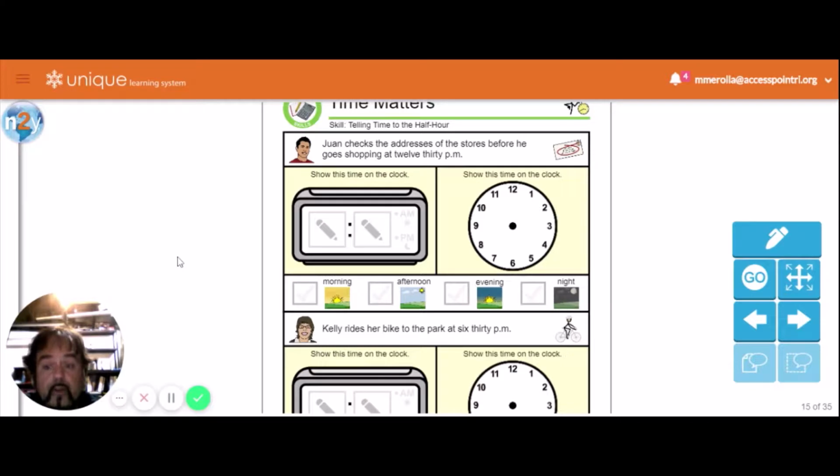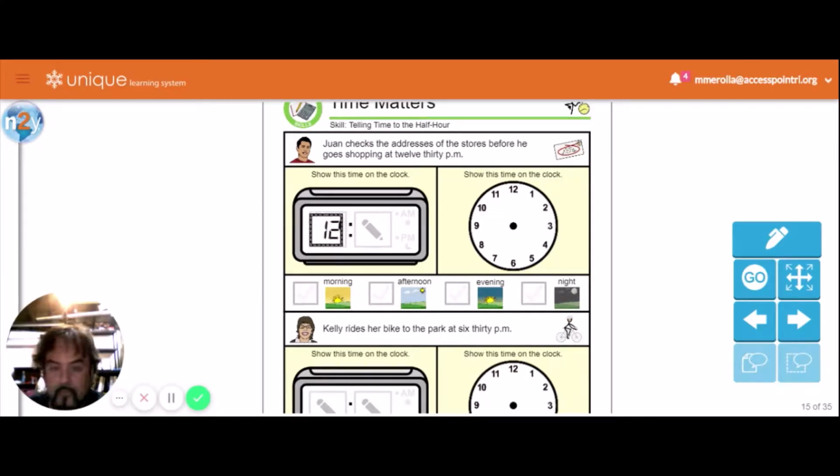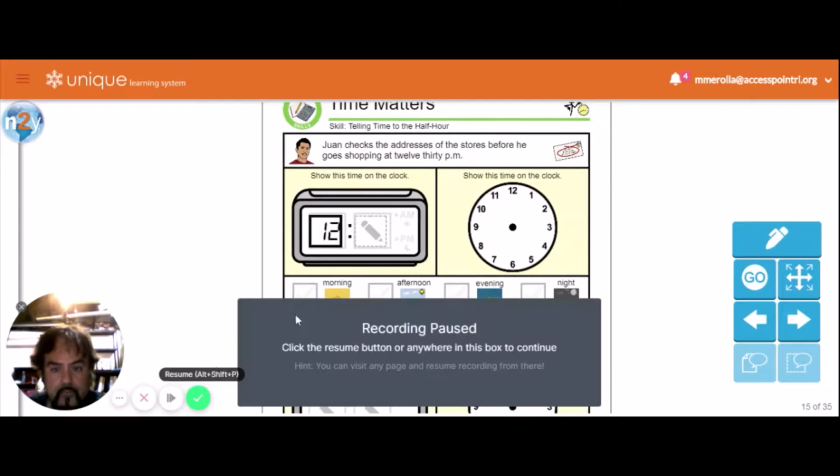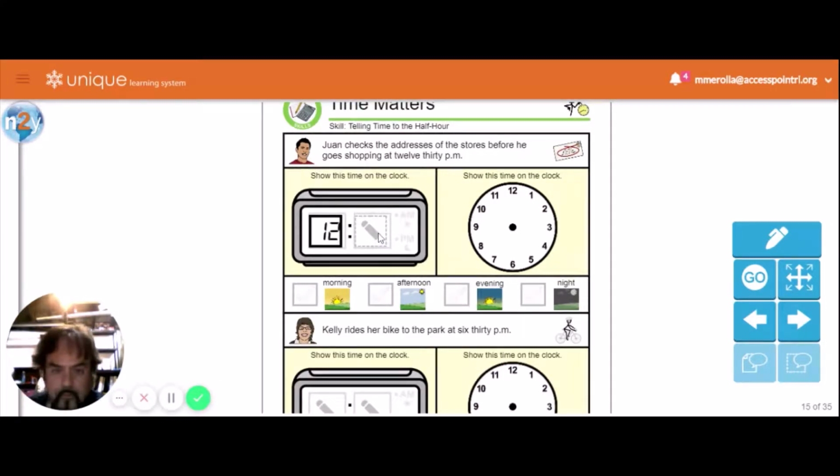Then the next page here. Juan checks the addresses of the stores before he goes shopping at 12:30 p.m. Show the time on the digital clock. Okay, so let's see. Oh, okay. They want us to type in the number. So 12:30 p.m. Right, and on the clock, that would be